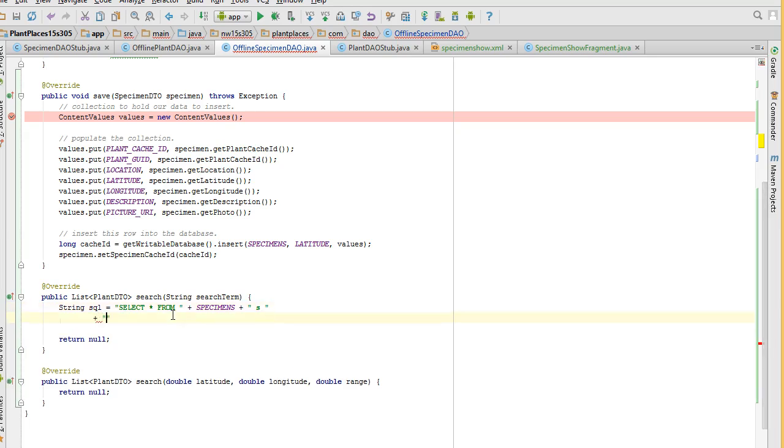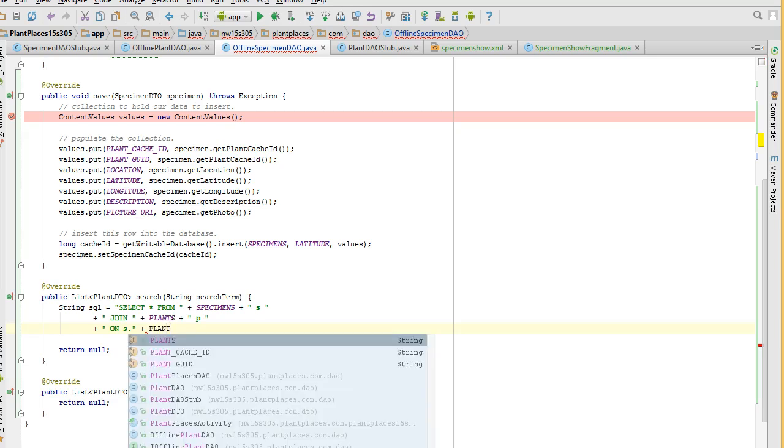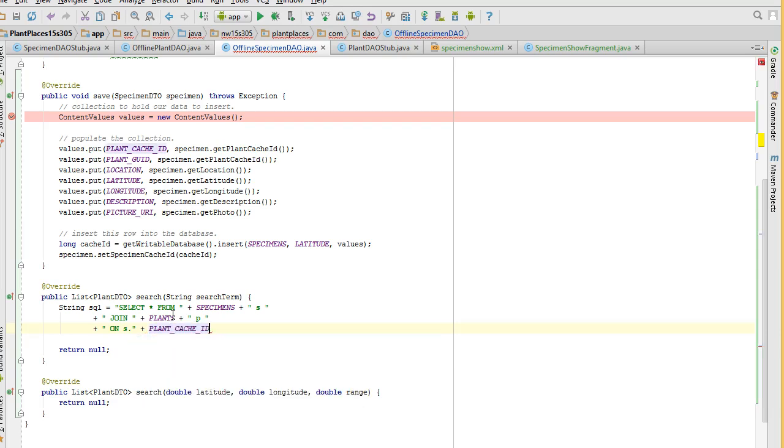I'm going to say plus, now join, which means we're joining two tables together based on a shared key. Join plants, that's our constant that we declared earlier for plants. And again, we're going to give that an alias. We'll just call it P. Join plants P, and then we'll say on S dot, and then what was the name of the column that we're using from the specimens table to join to the plants table? In other words, what's the foreign key? It's plant cache ID, so S dot plant cache ID